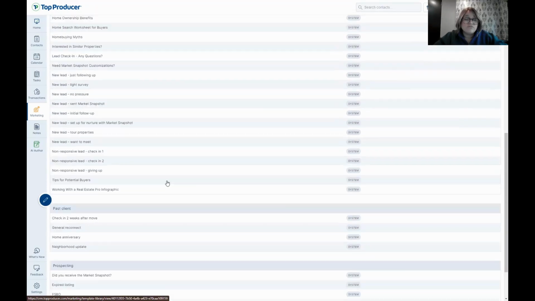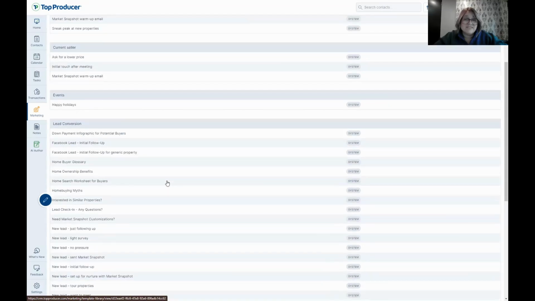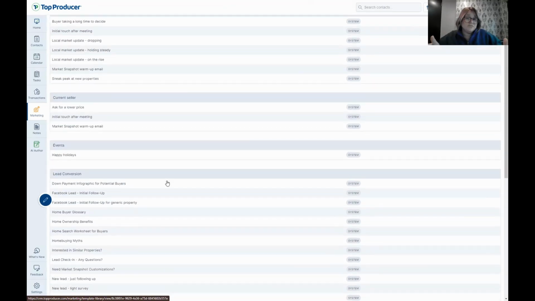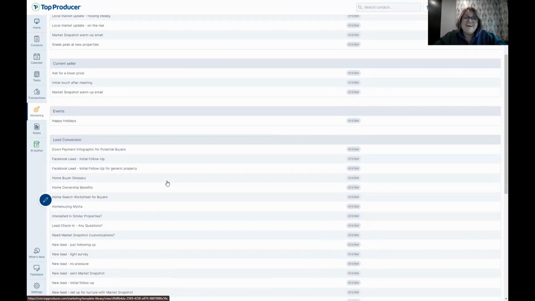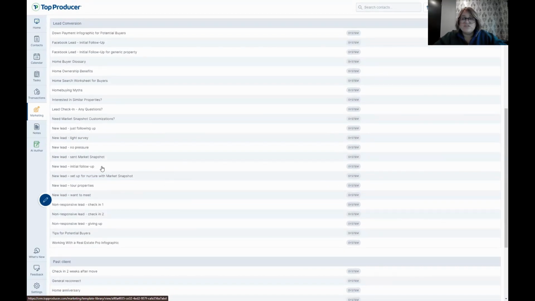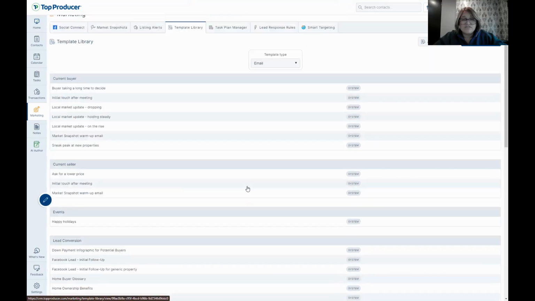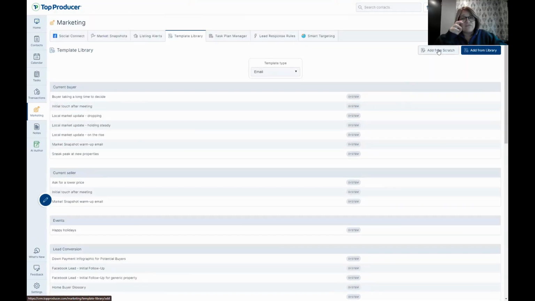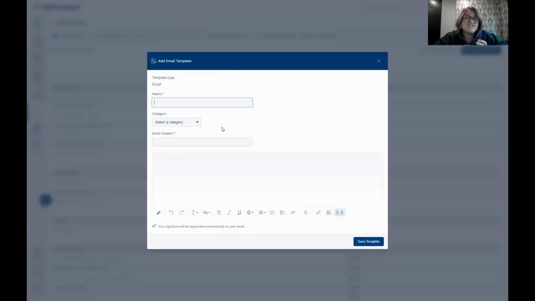You can also go through them before sending them and customize them to fit you and your business and what you would like to say. And if you don't like any of these templates, that's totally cool too. At the very top in the right-hand corner, if you scroll up, you have a button that says Add from Scratch, where you can create your own email template, and this is saved in your library. So once you have a template that you're happy with,